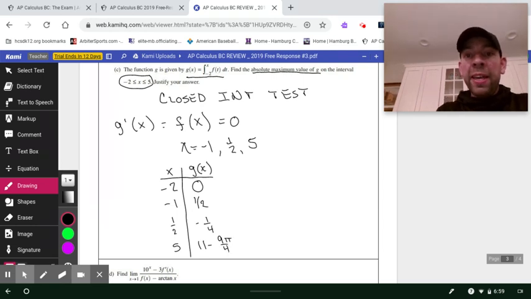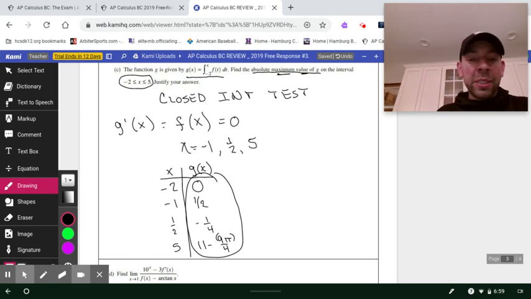Okay, now we're looking for the absolute maximum value. So you're basically saying, okay, within this list right here, who's the biggest? All right, 9 times pi is going to be approximately, a little bigger than 27. That number divided by 4 is going to make approximately 7. 11 minus 7 is going to make approximately 4. So we're just ballparking it to make sure it's bigger than this number right here. So the absolute maximum value,